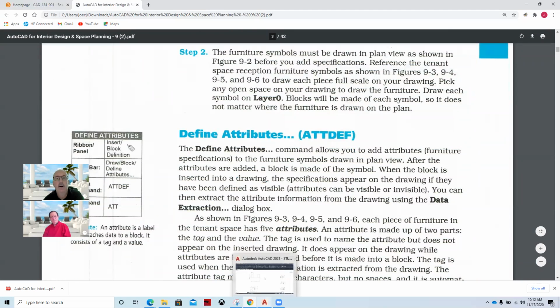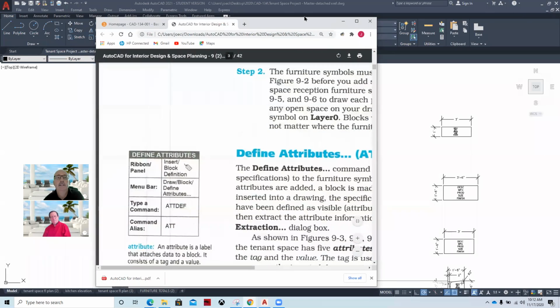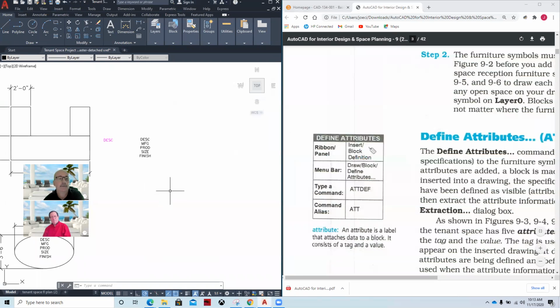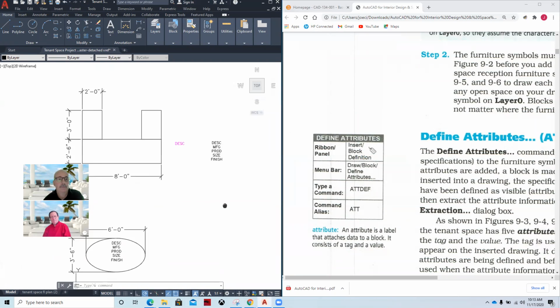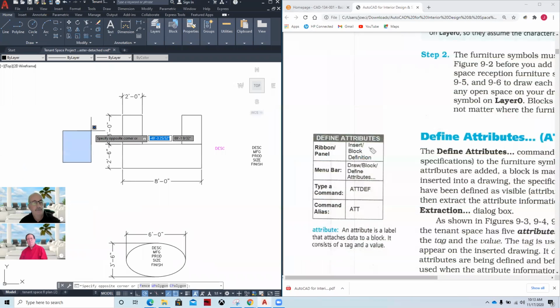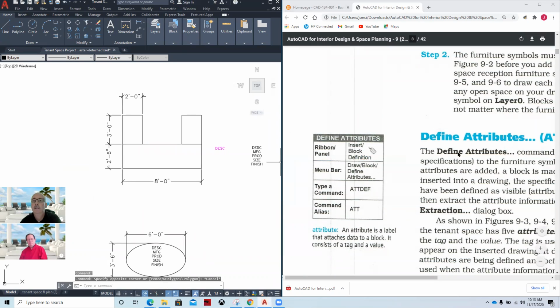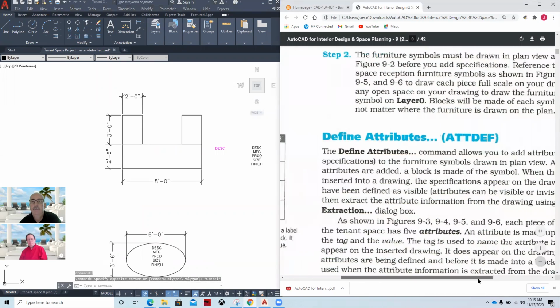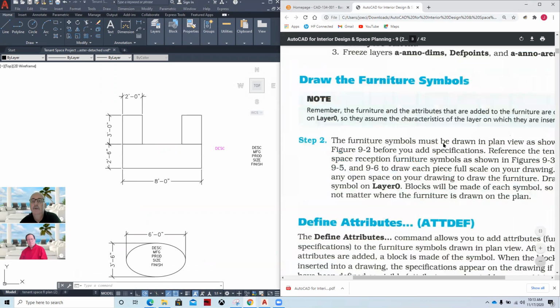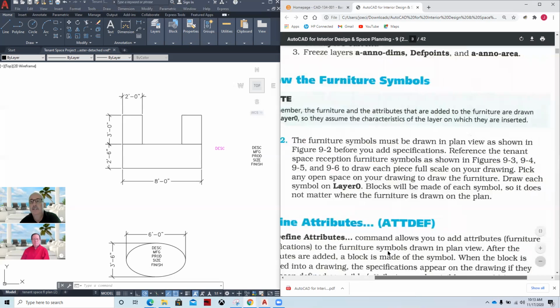If we switch back here to AutoCAD, and I'm going to try splitting the screen for this and see if we can make this work. There we go. Close enough. And then over here, the furniture symbols must be drawn in plan view. In other words, in the top view,